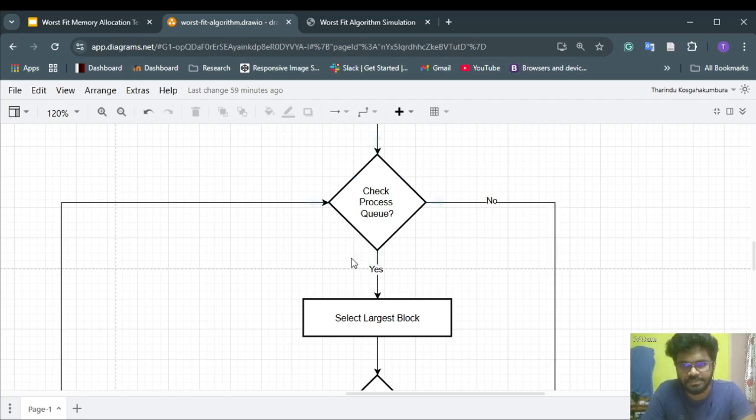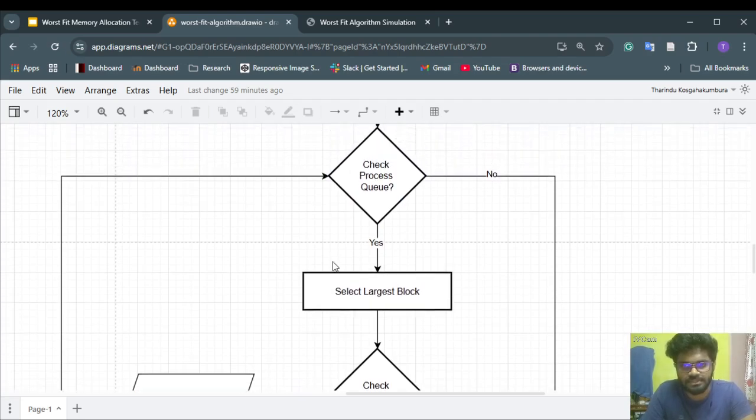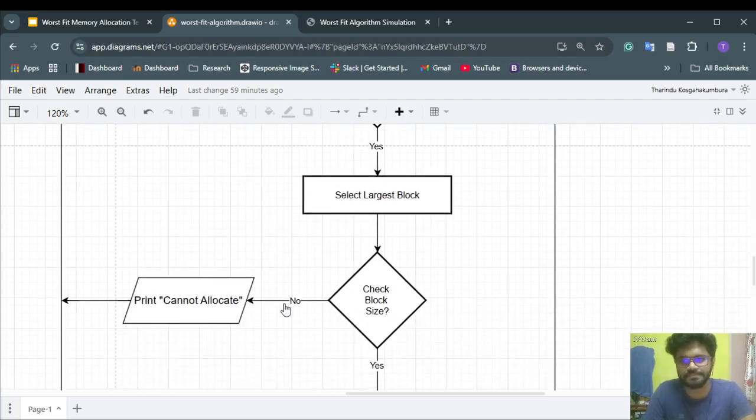If there is a process, then it traverses all the blocks of memory and gets the largest memory block. After selecting the largest block, it checks the block size against the process size. If it is sufficient for this process,